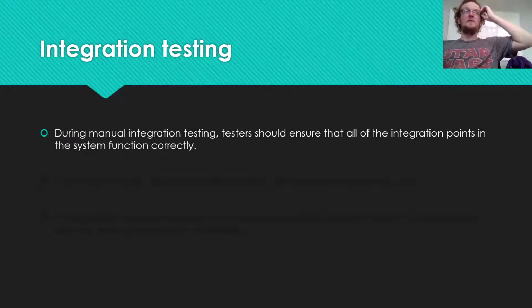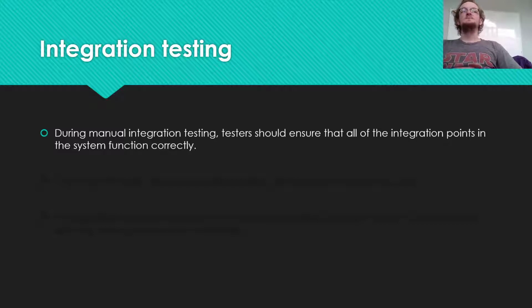So to put a cap on testing, I want to go over the different types of testing that you will very frequently hear about in industry. To recap, integration testing is basically testing the integration points between the subsystems of the system that you're creating. That's all the modules that add up to your system, and making sure that they all communicate with one another correctly. But it's also all the integration points between your piece of code and all the third-party